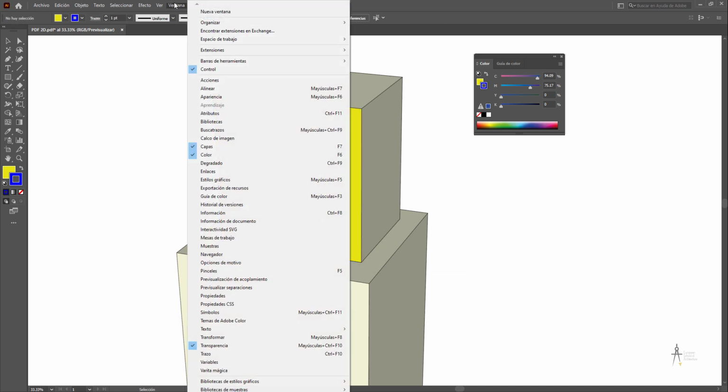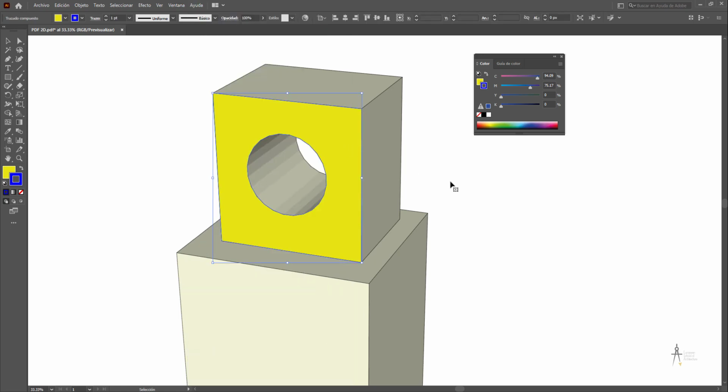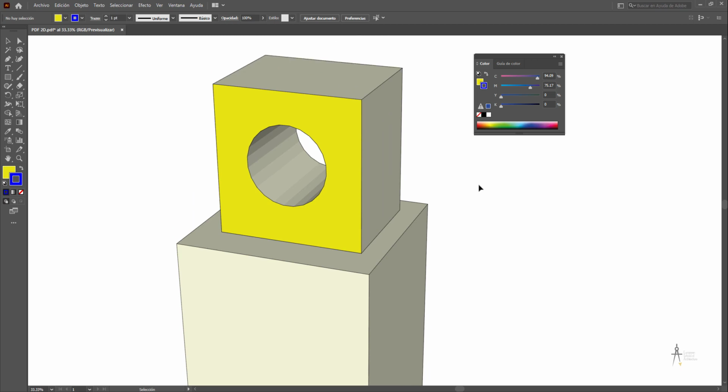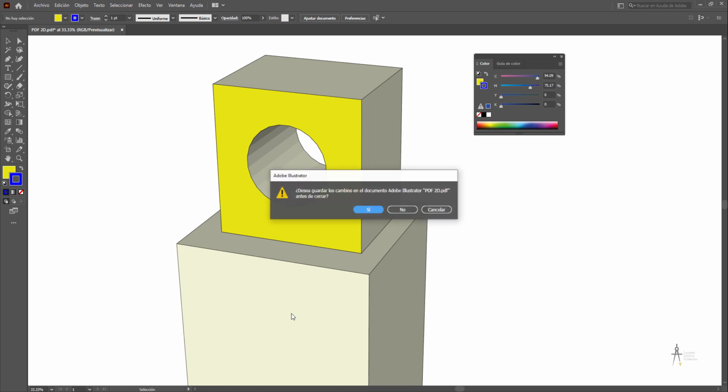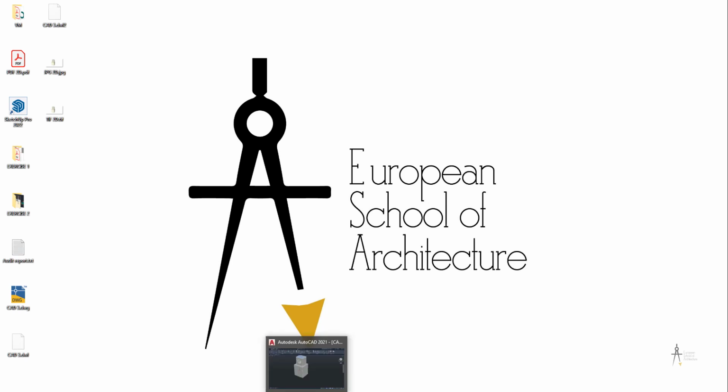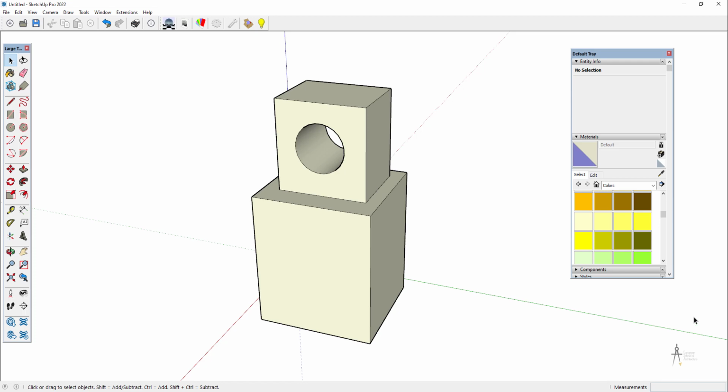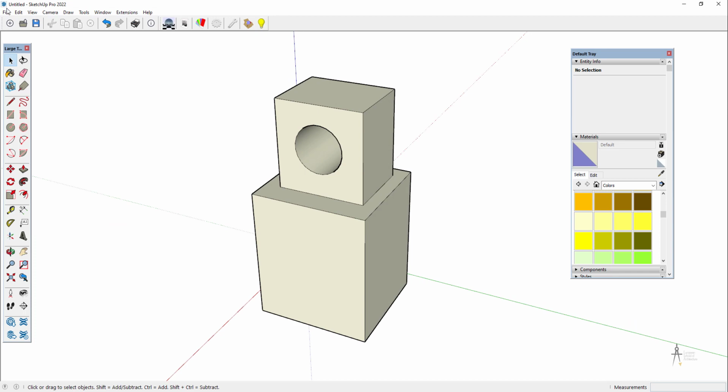Okay, so that's it for now. And now I'm going to get rid of this. And what we're going to see now is how to import. Okay, so I find my SketchUp and I click here in import,